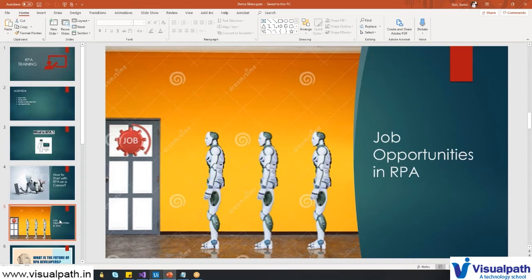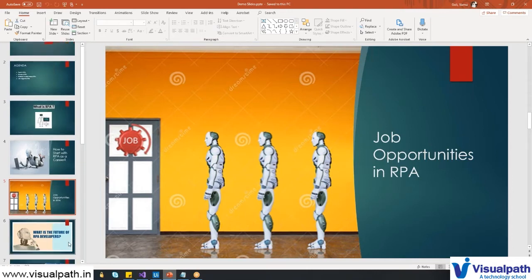But if you're learning RPA, there are some courses related to this that you can take in between, maybe after 1 year or 2 years. You can learn machine learning or artificial intelligence or data science or Python. Now in UiPath you can invoke Python code, so that you can go deeper. But you will have good opportunities, because you're not restricted to only UiPath, because when UiPath is down, then your skill set is completely down, right? But not in that case: if you know VB.NET, you can use that VB.NET skill here also. So overall, this is a universal tool which will help you in the future as well, and at the current moment as well.